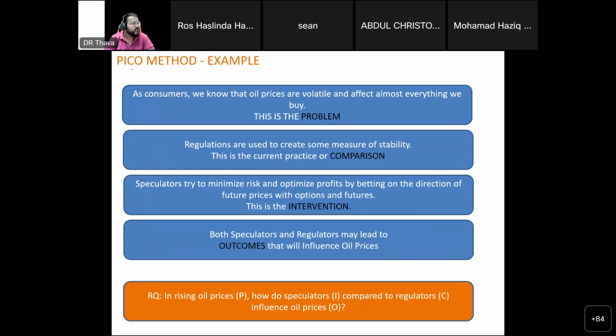Okay. So, PICO method example. This is an example of how you design a research question. As consumers, we know that oil prices are volatile and affect almost everything we buy. This is the problem. Regulations are used to create some measure of stability. This is the current practice or comparison.